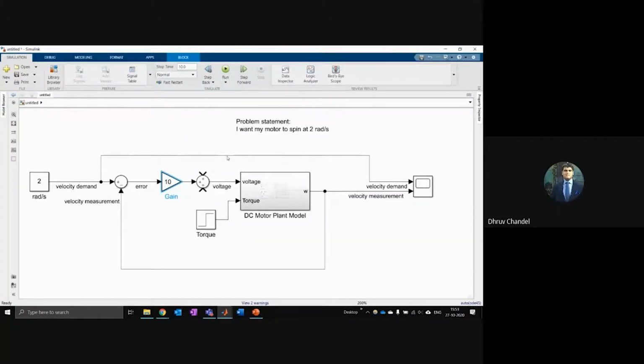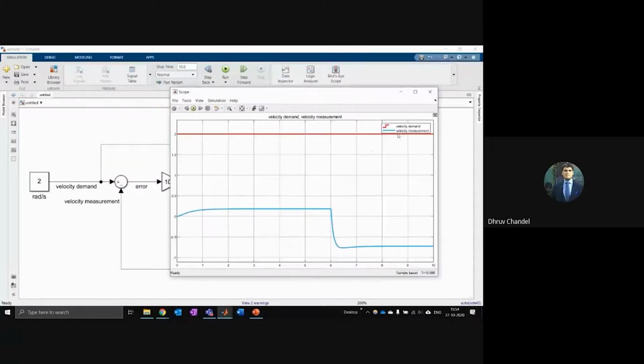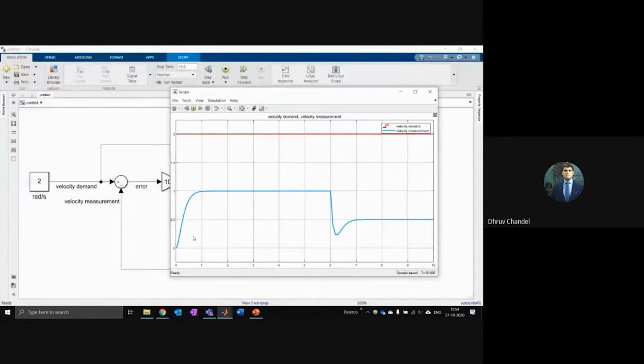For those of you who have done control theory, I hope you're appreciating why Simulink is so commonly used. It makes working like this so much easier. So I multiply that error value by 10, and I can see it looks a little better now. It's not going negative, and it's also catching up a little bit to the velocity demand, but it's not quite there. And after this other disturbance happens, it's also not able to recover from this. So we'll figure out how to cure that problem.